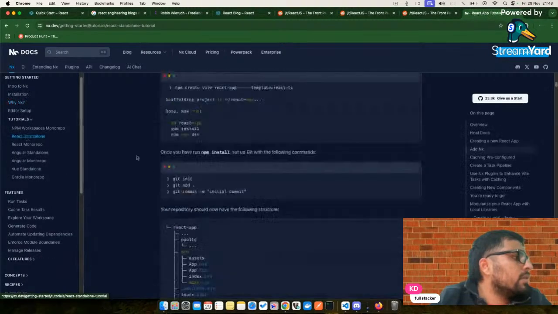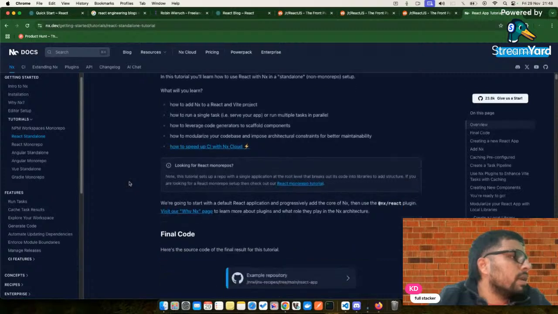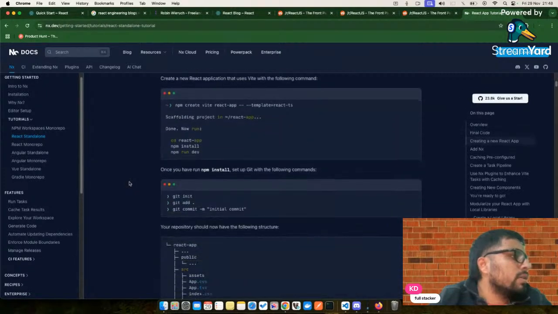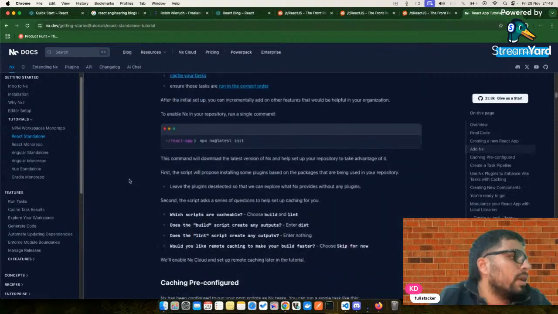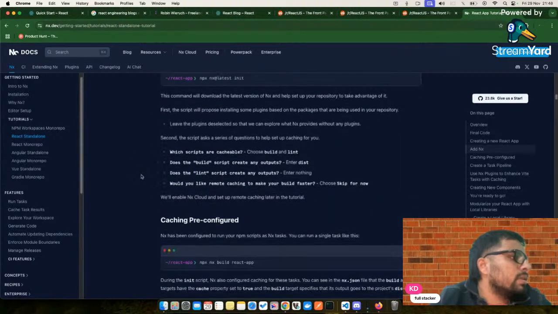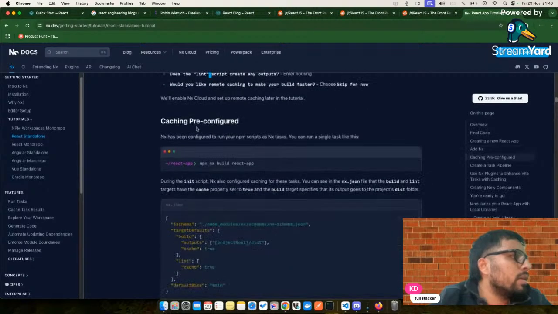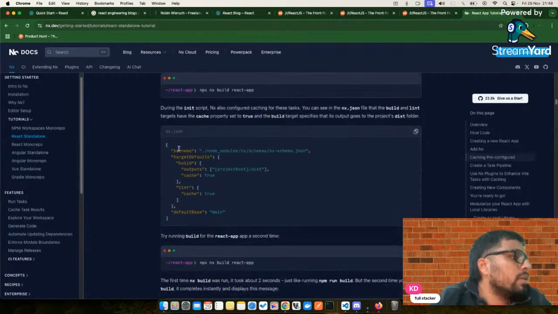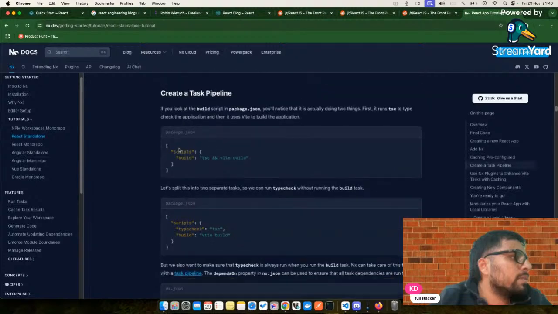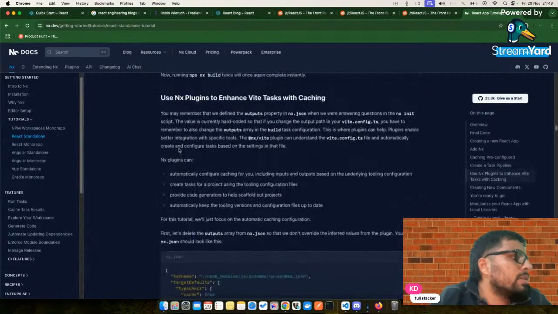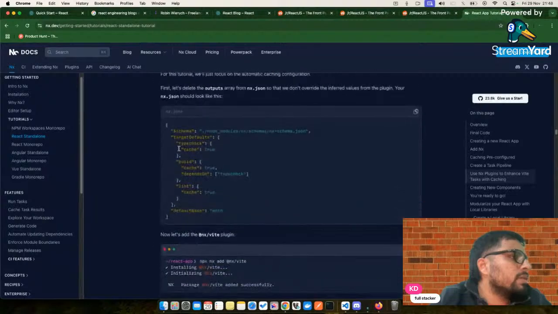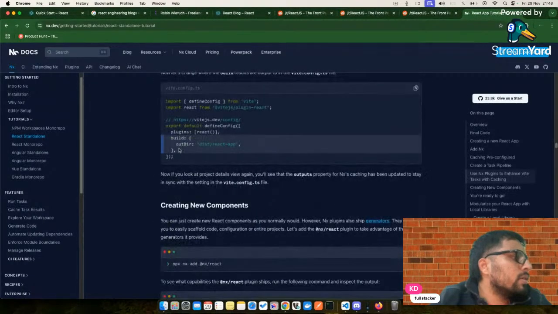React standalone. Use NX with a React and Vite project. So maybe with NX I can do npx nx latest init. Scripts are cacheable. The build script is created with its output, the lint script too. Okay, caching is pre-configured, and it creates a task pipeline. Everything can be done with the help of NX. Enhance Vite with caching. Okay,